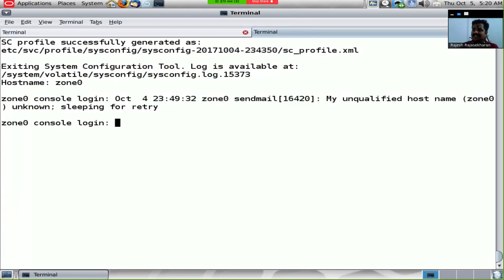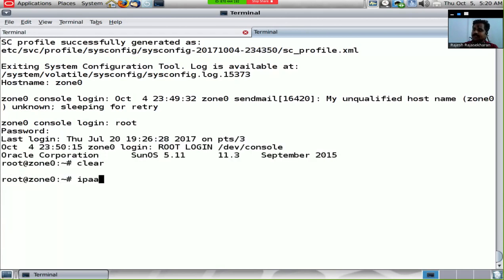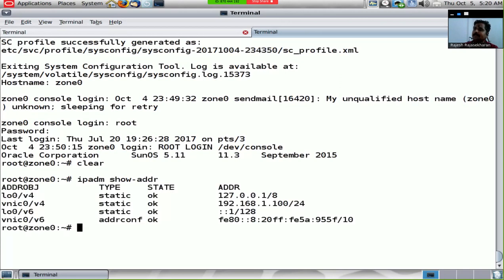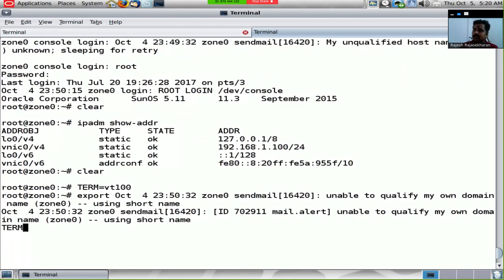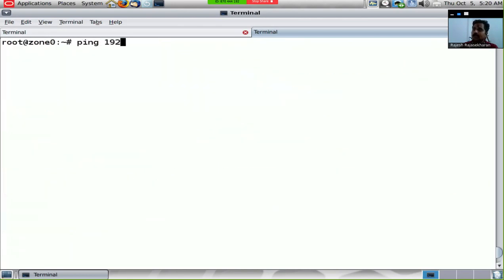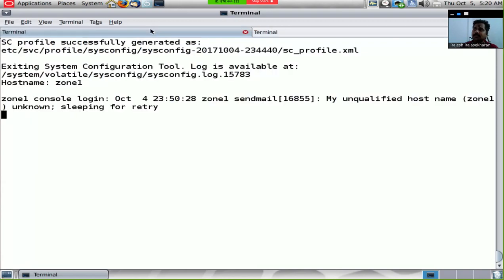We have the zone 1 ready here, in fact zone 0 ready here. Let's log into the console. We can look at what is the IP address of this machine, ipadm show-addr. Of course, that's the IP address 192.168.1.100. We can set TERM equal to vt100, export TERM, clear the screen, ping 192.168.1.101. We just brought it up, so you can see that zone 0 is able to ping zone 1. We can go to zone 1. We just completed the configuration of zone 1. Log into zone 1,